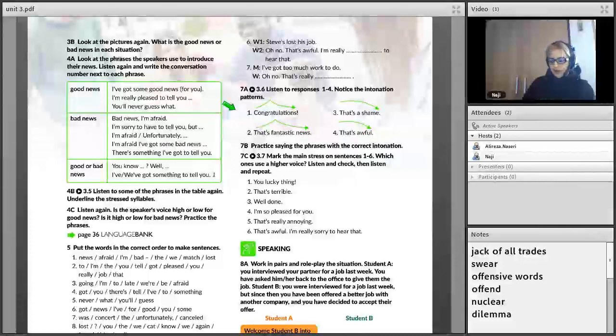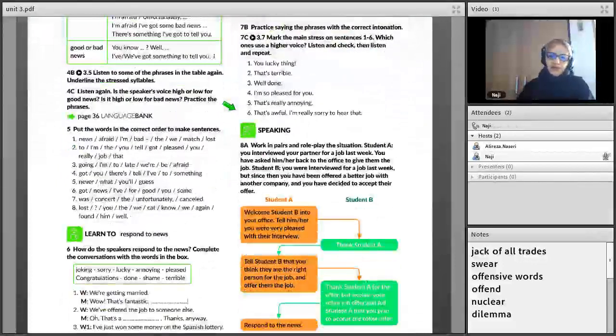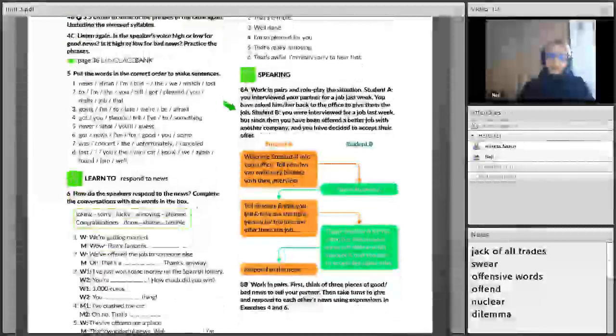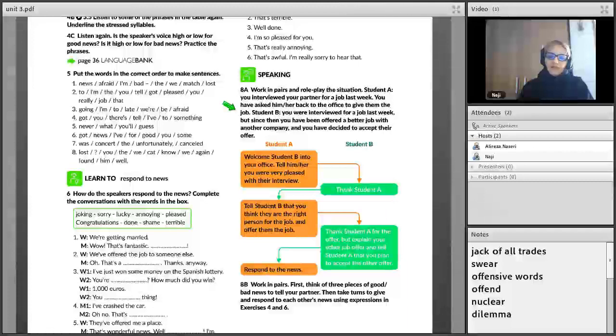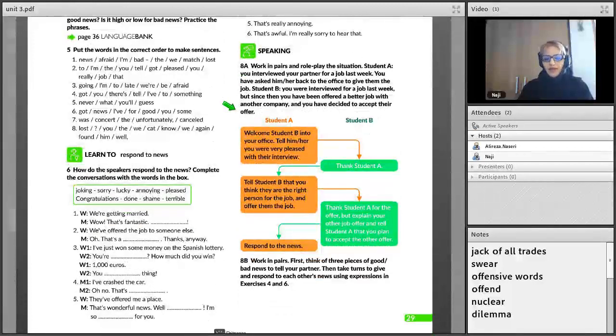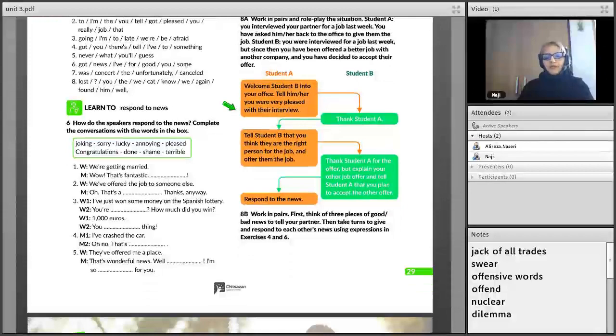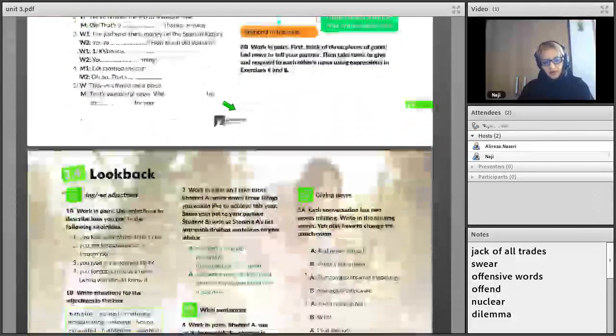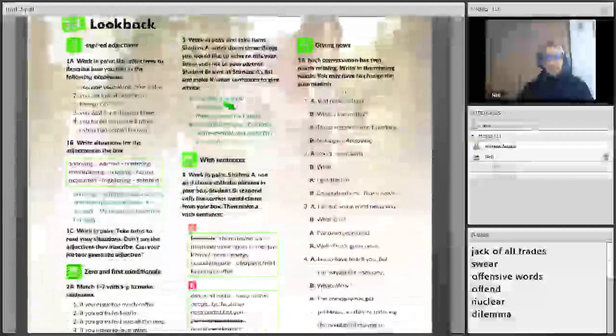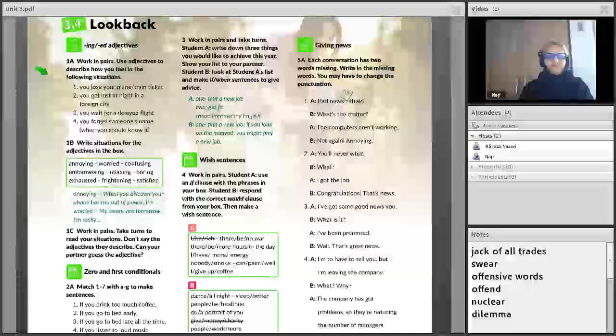Okay, thank you very much. For your own practice, please read the situations and write conversations for each one of the situations. And if you have any partners at home, you can practice with your partner according to the language bank, and whatever the intonations, the phrases that we use to give bad news, good news, and practice with a partner. Okay, then look back. Good.